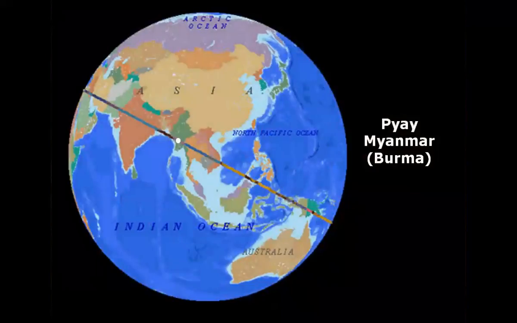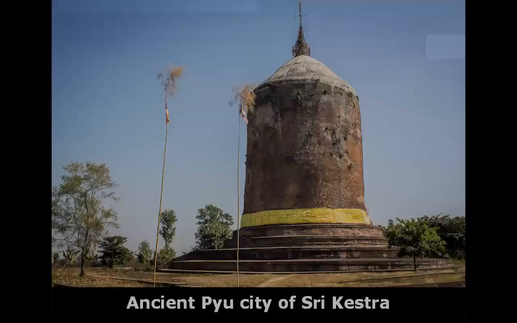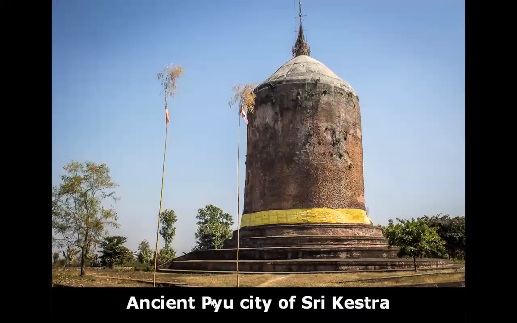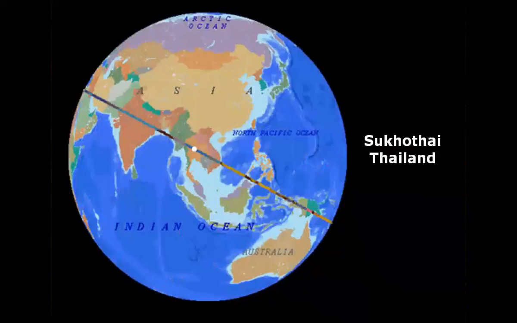And now we continue to the land of Myanmar, also known as Burma, and to Pyay. There is the ancient Pyu city of Sri Ksetra. And of course, this is not 5,000 years old, but it is built here because it was exactly on that line, built on the remains. Now we move on to Thailand, to Sukhothai,